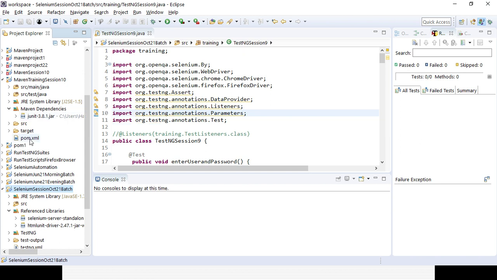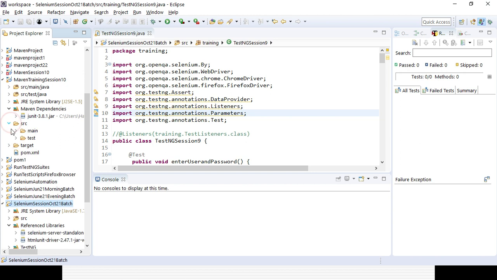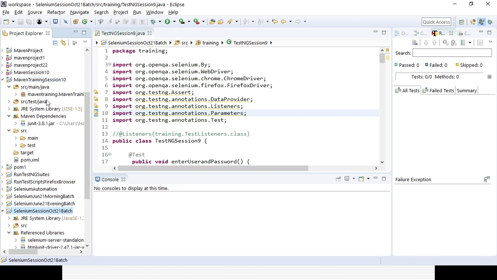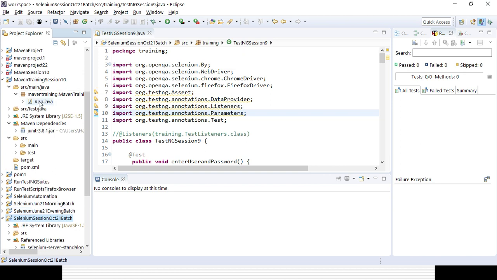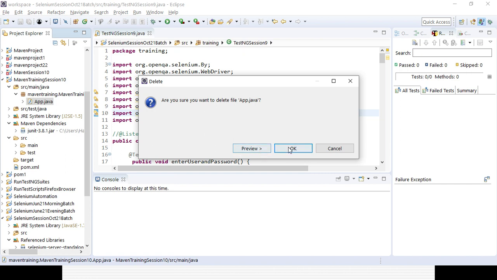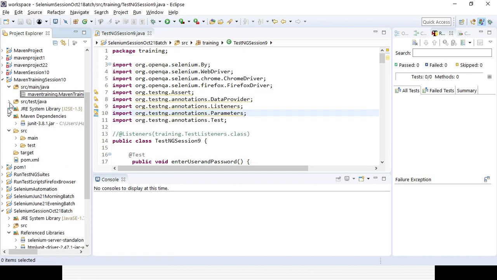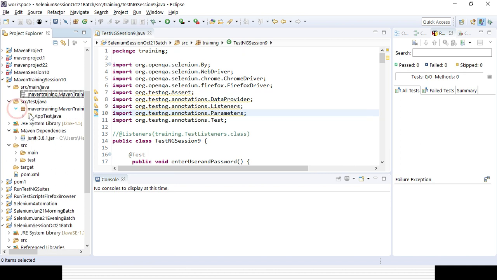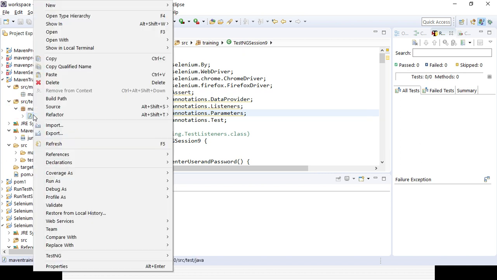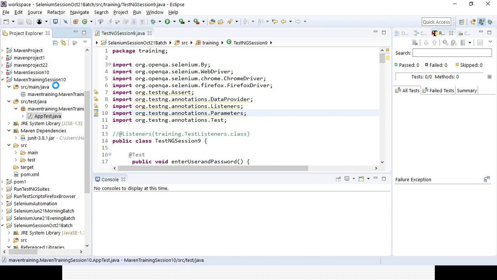And there is a pom.xml file. Right now the target folder has nothing available, but the pom file will be created. In those two folders, you can see a package already coming, which is nothing but the group name dot the artifact name, and a default class will be created. You can remove the class from both the main Java as well as the test Java folder. Definitely you should work in the test Java folder. Whatever code you want to write, you can work here.